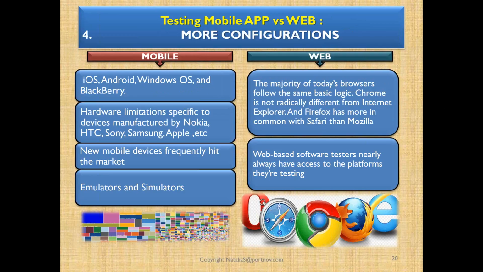more configurations. What I've been talking about, the configurations, the platforms, is the operating systems: iOS, and this is part of the device fragmentation, okay? Just take a look at this. iOS, Android, Windows OS, BlackBerry, right? Hardware, it is all produced by Nokia, HTC, Sony, Samsung, Apple, LG, whatever it is. So another big thing, that the devices are constantly hitting the market, okay? And we also have the opportunity to use emulators, which are